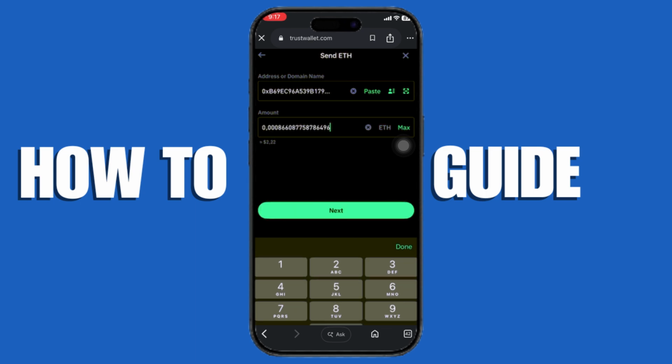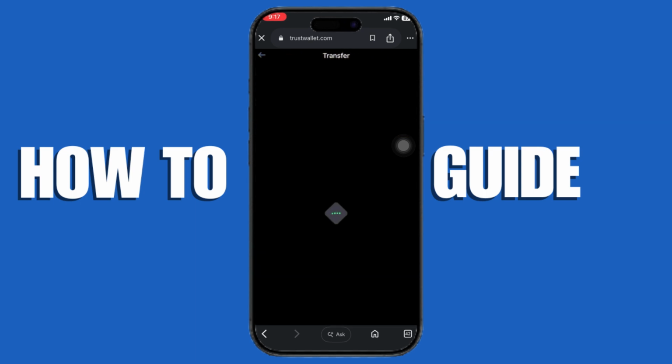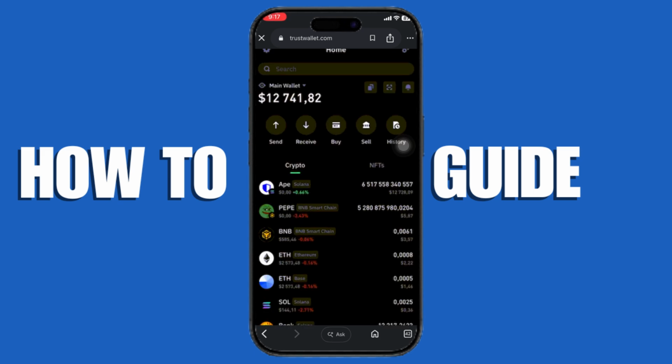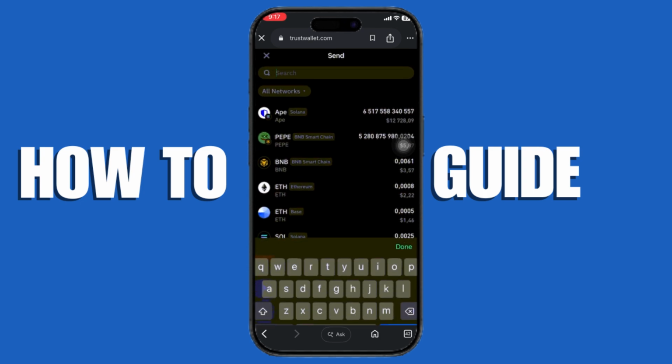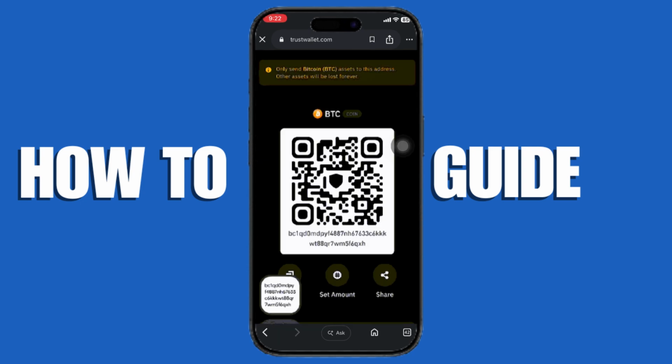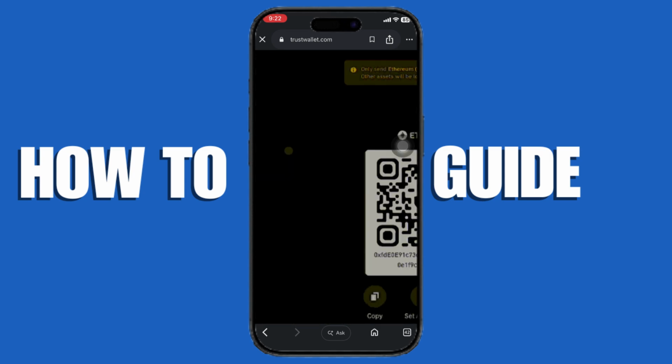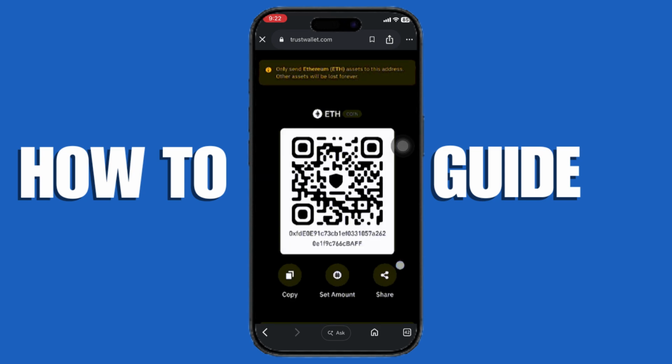To swap one cryptocurrency for another, tap Swap, choose the tokens, review the exchange rate and fees, then confirm the swap. You can also tap the Browser or Discover section, if available, to connect to decentralized apps and manage your